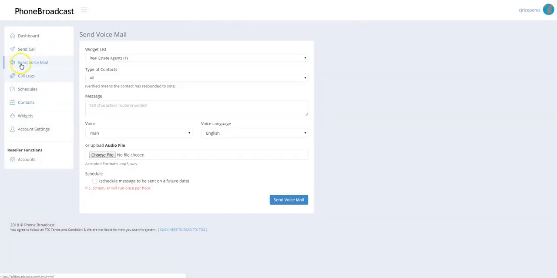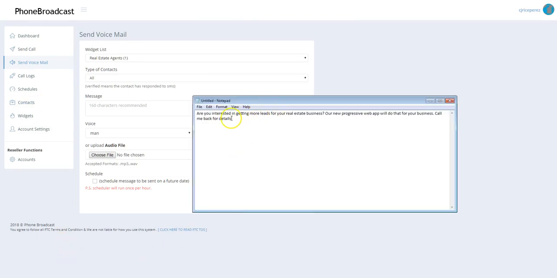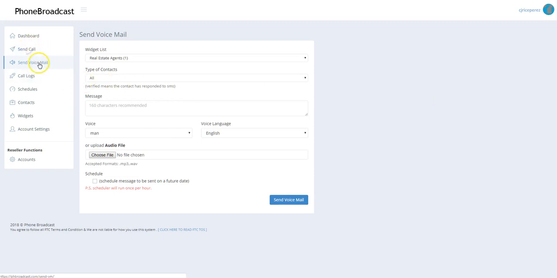then you're able to go over to your send voicemail. And what we're going to do is go in there and put something really simple in. So we're going to copy this, and actually let's do a call first. Let's do a call for you. I'll put it on speaker so you guys can hear it. So we're going to send a call to the real estate agents list widget. There's only one number in there, mine, and I'm going to have it read in Alice's voice, English. So this is going to dial the number that's inside the contacts, and it's going to broadcast